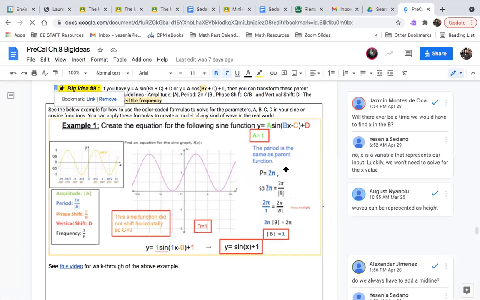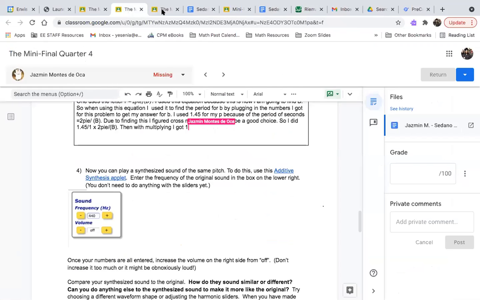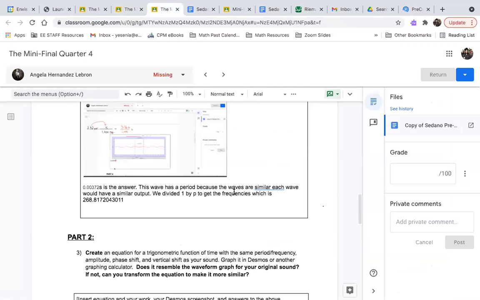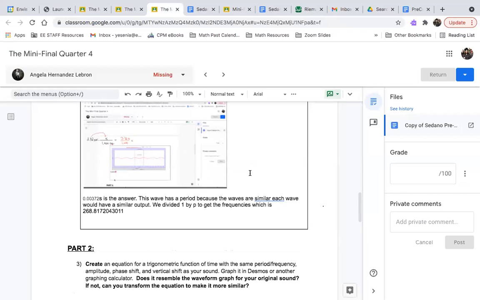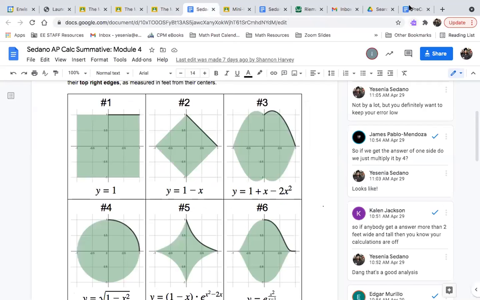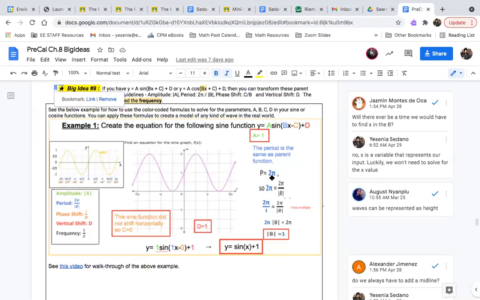So I'm going to start looking at Rebecca's, and then for AJ, if you could look on and see how we're doing this. This is what we're going to start with. So if you look to big idea number 9, you're going to notice that I find my A first. So I usually go A, B, C, D. And to find A, also known as your amplitude,